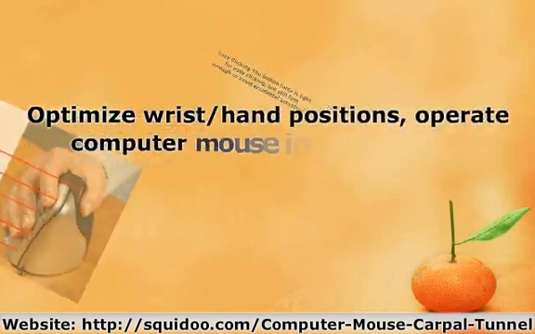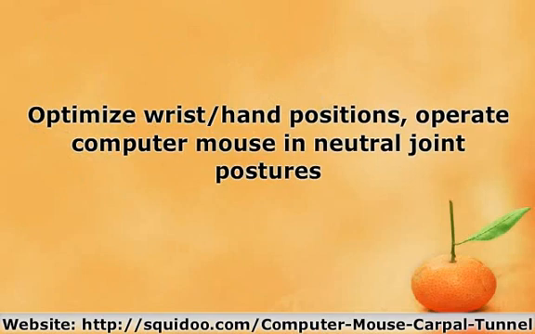Optimize wrist/hand positions. Operate computer mouse in neutral joint postures. The computer mouse arch should conform to the natural arch of the hand in a neutral position. Operating posture should encourage neutral positioning of the wrist, fingers and hand. If your wrist or hand is uncomfortable in the pronated, hand-down position, the Evoluine Vertical Computer Mouse is the #1 recommended and highly rated vertical computer mouse for carpal tunnel. This unique vertical design